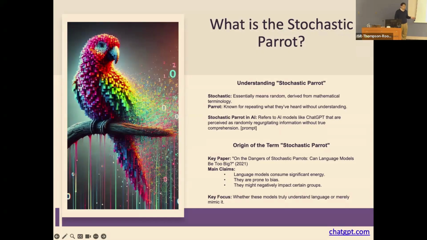And what this term really means is stochastic, like it's very random from the mathematical sense. And what does a parrot do? It repeats things without really knowing what it's saying, except for maybe African grey. But anyways, this image was created using this. As you could see, if you see something that says prompt, it likely connects back to the image on the slide. And yep, that's what is meant by stochastic parrot.